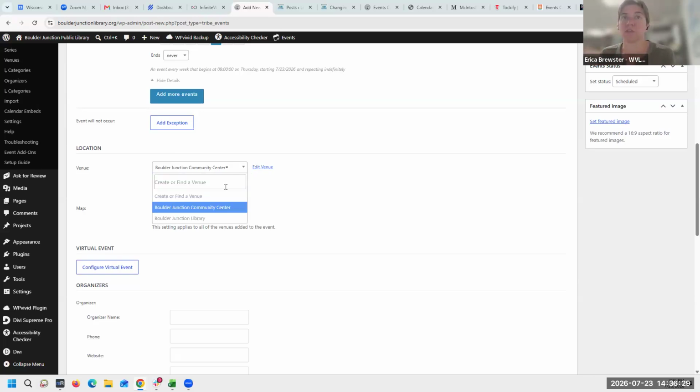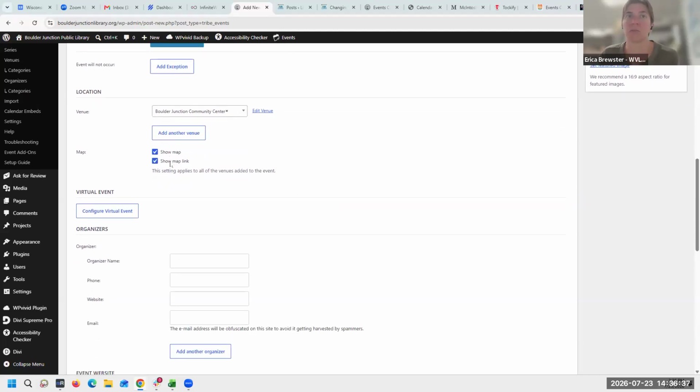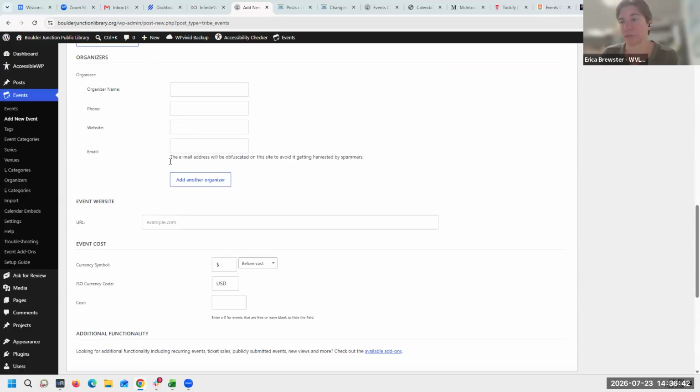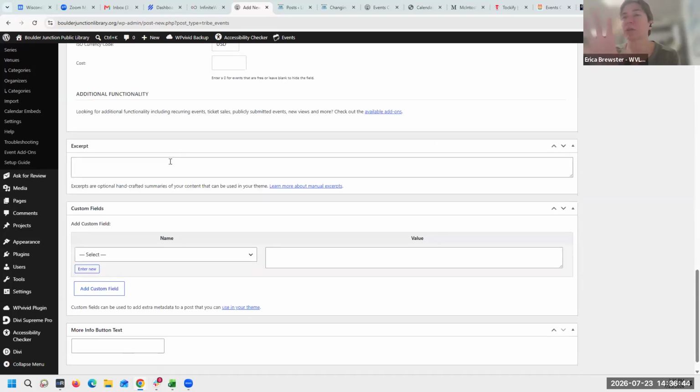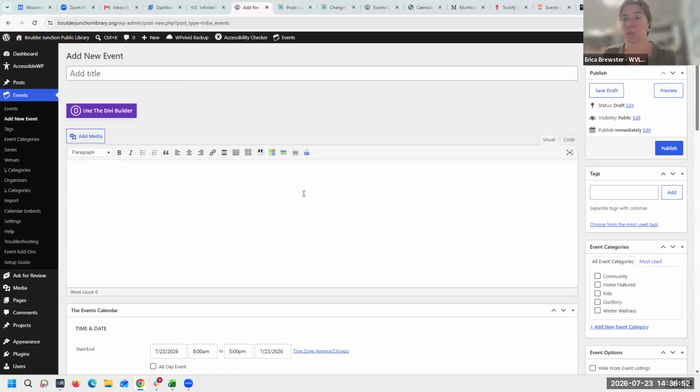The venue, in this case Boulder Junction, has both the community center and the library that they could have events at. You can have a map, you can have the link. There's a lot of updating you can do here, and you can also do that post excerpt thing the same way you would do in a WordPress post. So if you're comfortable with WordPress posts, or you feel like you can get more comfortable with WordPress posts,